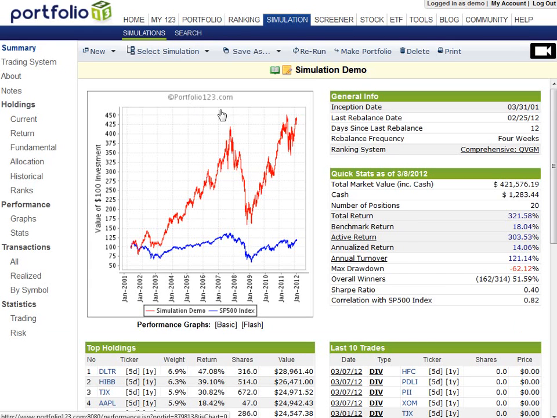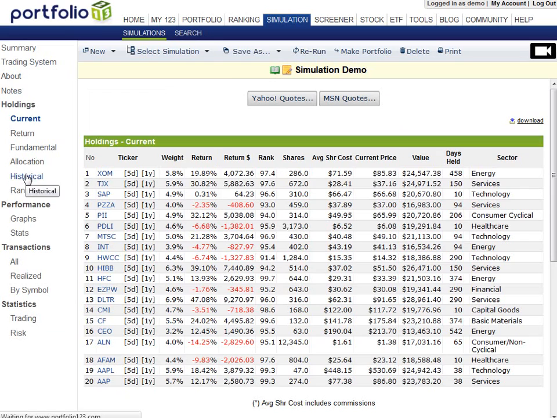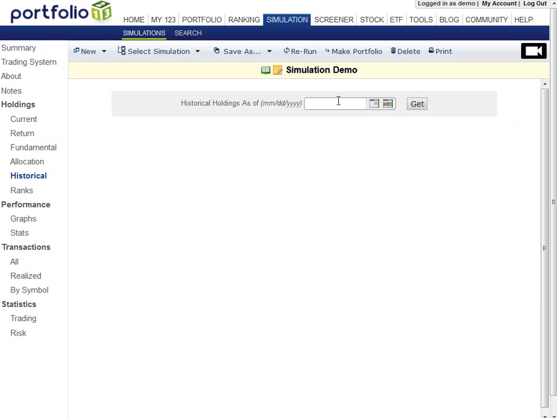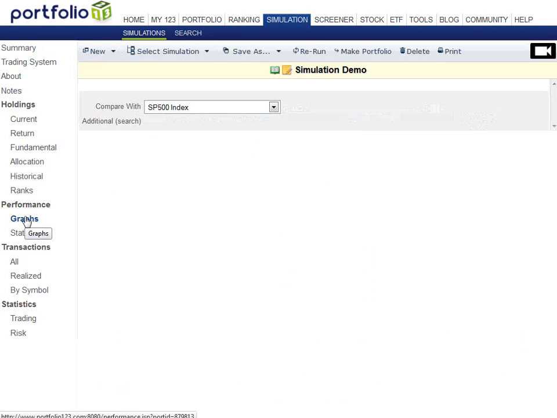Now, after you run your simulation, this summary, what we saw at the beginning, is the first thing you'll see. You can also go down the menu here and see a lot more detail. For example, you can see your current holdings. You can also see what this simulated portfolio held at different points in the past. You can look at different kinds of graphs,